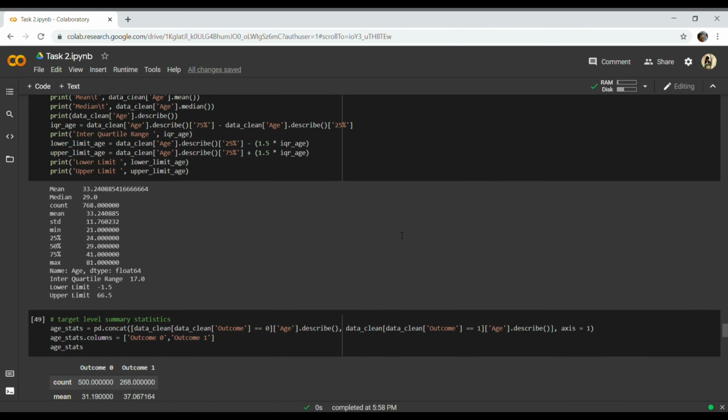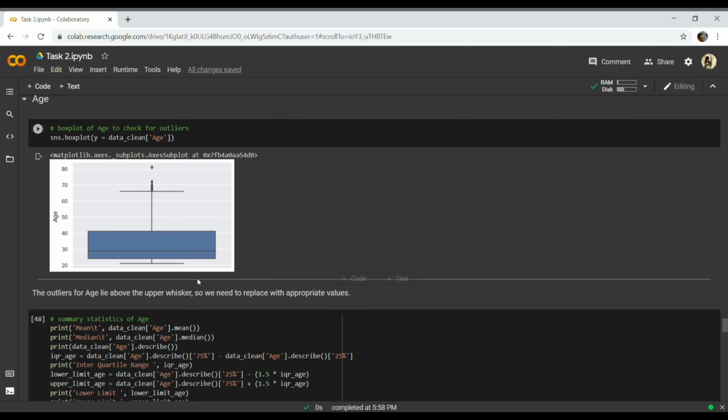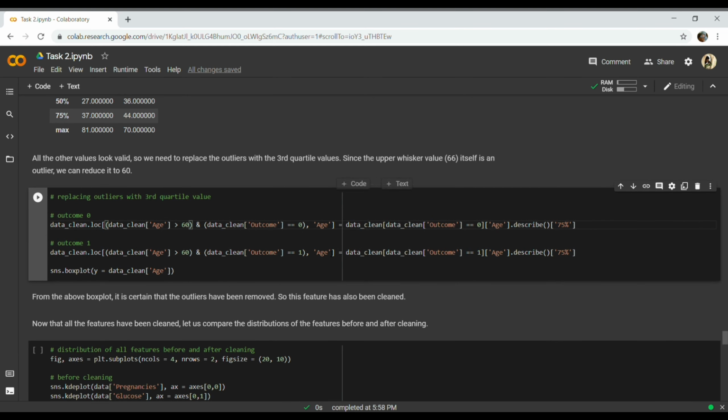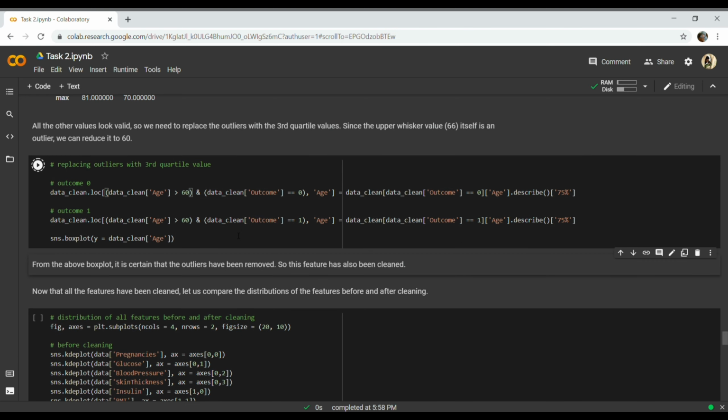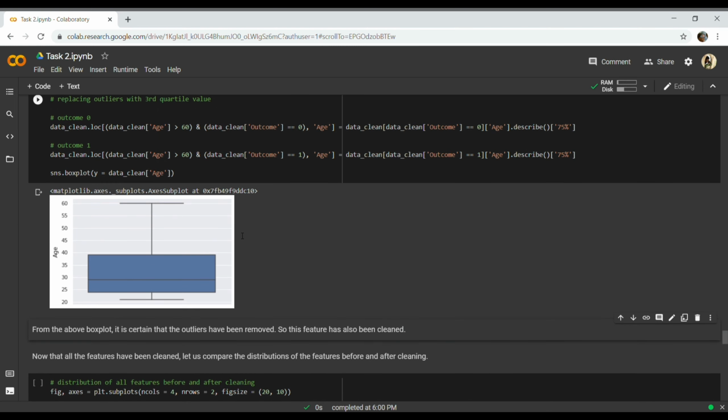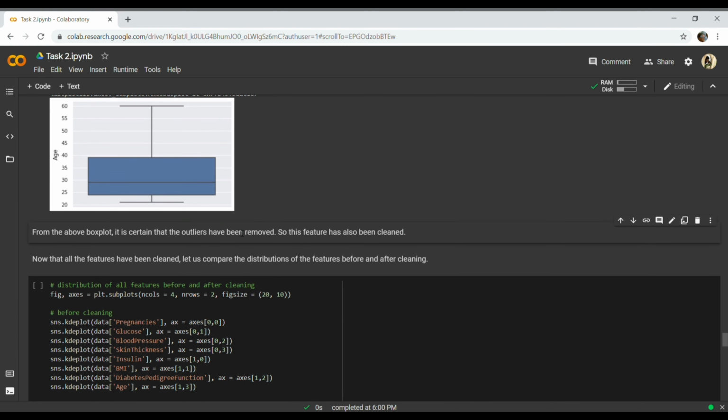But here the upper whisker is 66.5, and we can see 66.5 itself is an outlier, so we can't keep that condition. So we just reduce it, round it off to 60, that is a valid value. So we replace those outliers with the third quartile value, and so it has been done.